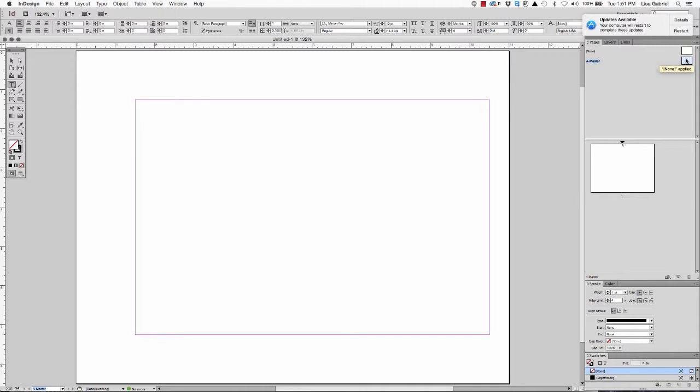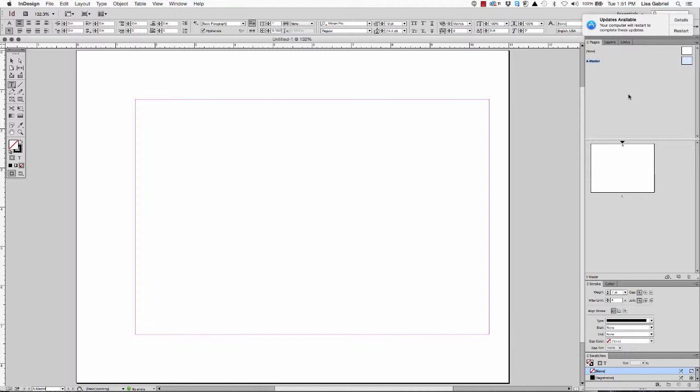Now, the other way that you can do that is by double clicking. Like you could double click this page. Notice over here it takes us to page 1. You can also come up here in the master section and double click the A master and it will take you up there. So that's 2 ways to get back and forth from the live page area to the master area. Okay. All right,